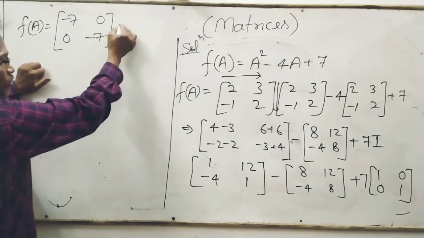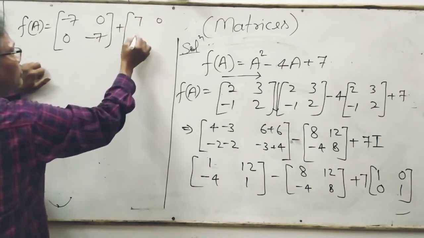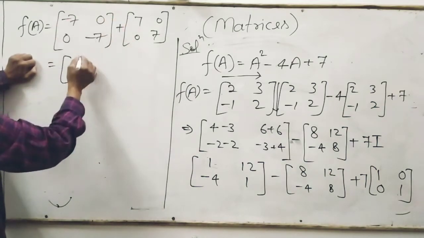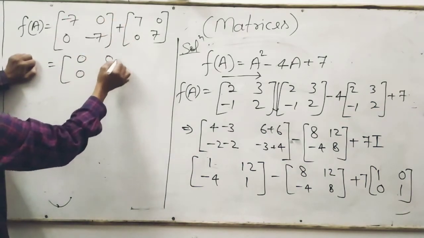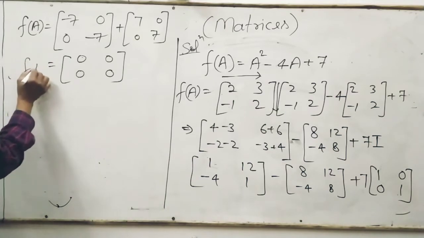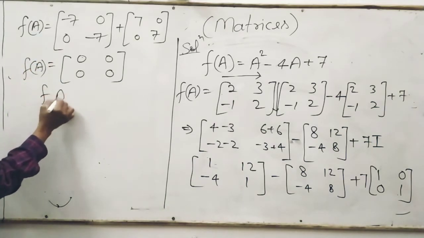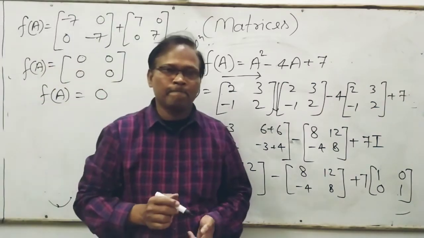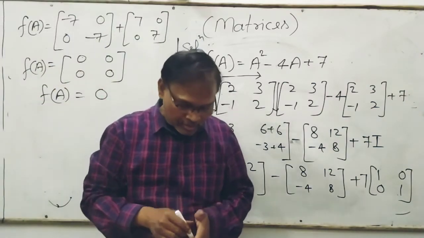Okay, and plus 7 0 0 7, and if you add these two, then you will get 0 0 0, and this is the zero matrix, null matrix. That is why it is shown that fA is equal to 0, means it is proved fA is equal to 0. Thereafter,